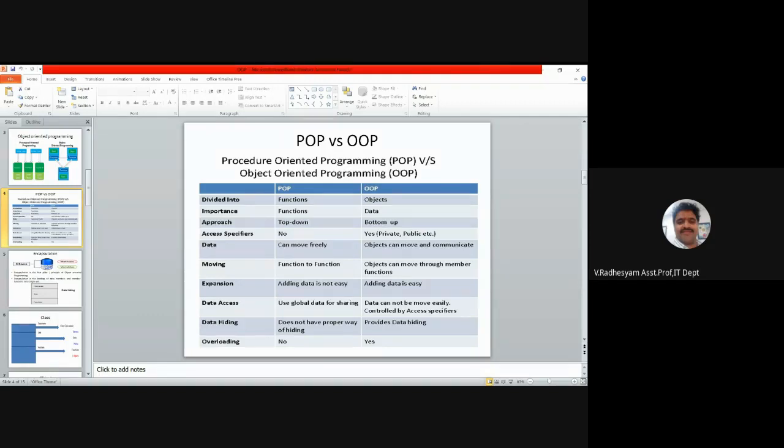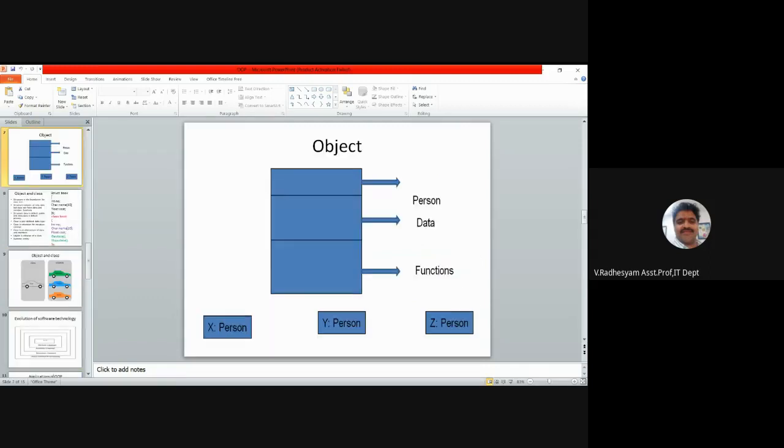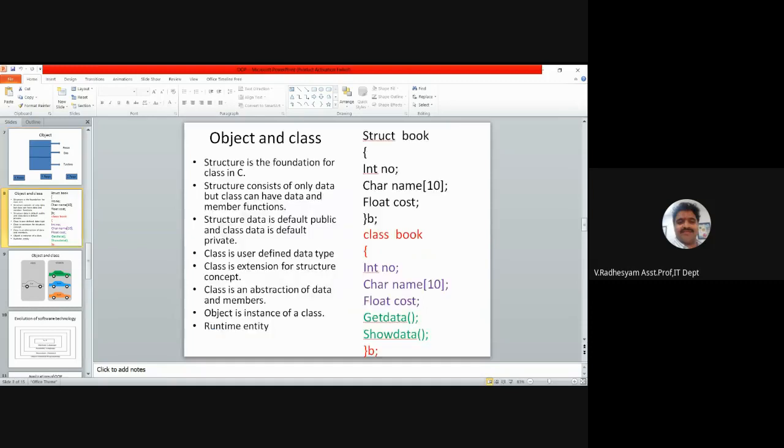In the case of Python, we don't need to write any code to overload, which is default. These are the concepts I discussed with you in the last classes.